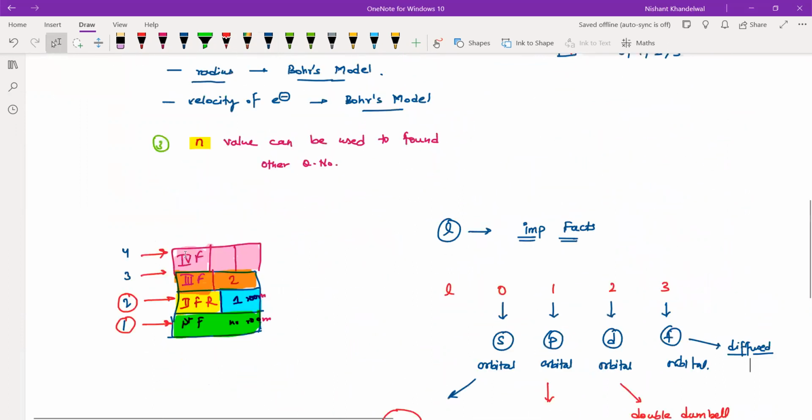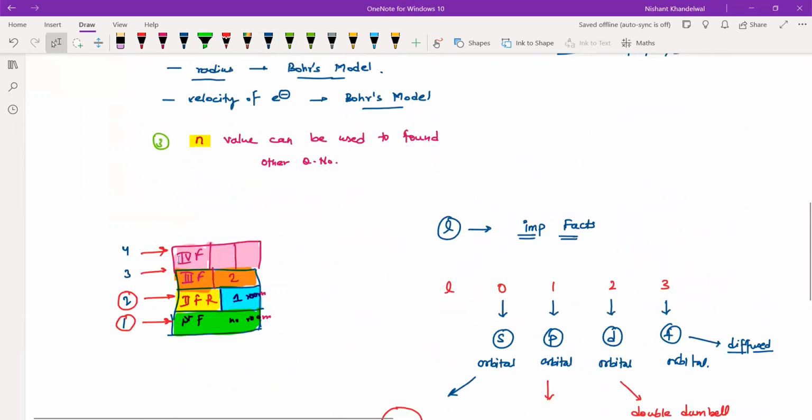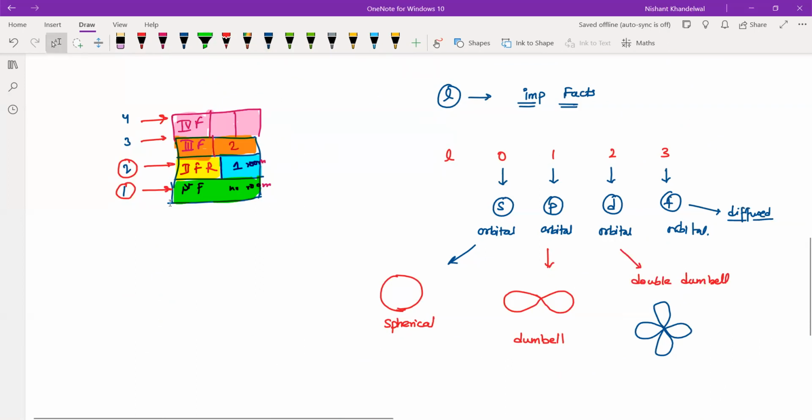Okay. So I hope you are enjoying. Yes. Okay. So these are the values of L. Now again,